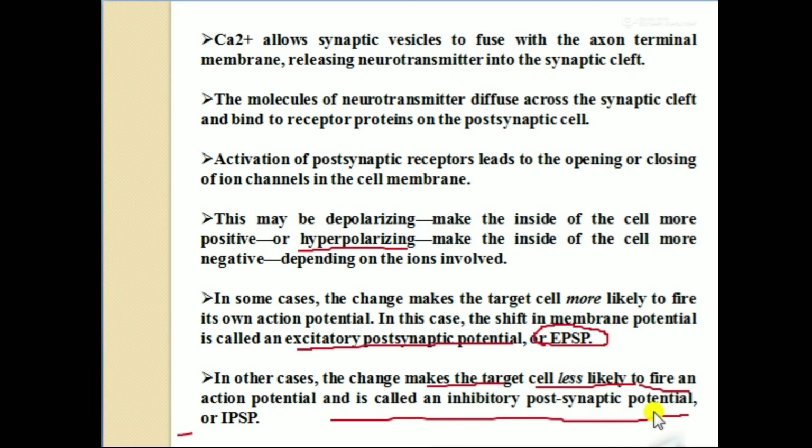The excitement information causes depolarization. Inhibitory information causes hyperpolarization. We all know that when the potential inside the cell becomes positive, only then can the information carry forward. If hyperpolarization is caused, then the cell is unable to carry forward the information. That is the procedure of transmission of signal, how the signal comes from the presynaptic region and goes to the postsynaptic region. In this way, the neurotransmitter will work.